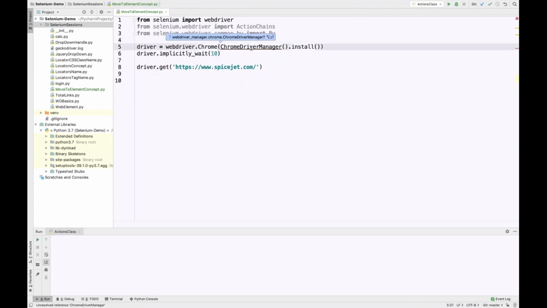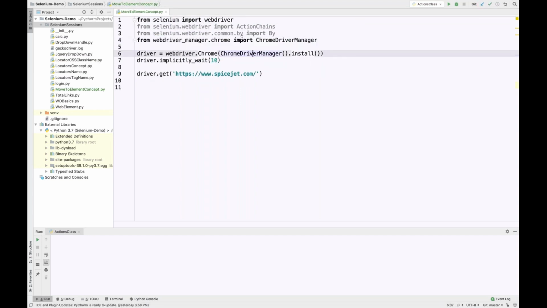So press Option Enter. That's it. Import is done. Or on a Windows machine, you can use Control Enter. That's one shortcut you need to check in your PyCharm. Anyways, right. So if you really want to put a comment, so we know that okay, to put a comment,